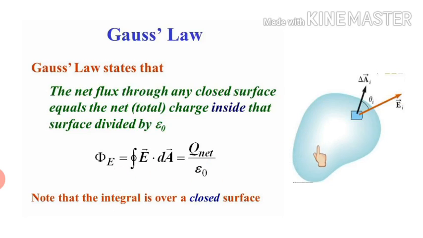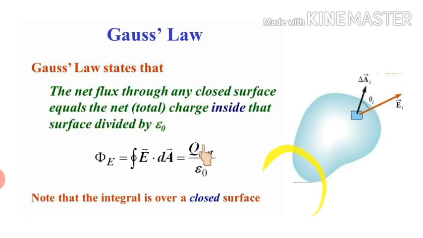And here you can clearly see that the charge is enclosed by this closed surface. So we have taken a very small area element. This is the area vector for this area element, and this is the electric field on this area element, and theta is the angle between them. So we start with a small part, and then through integration we can cover the complete surface. The integral is over a closed surface because we want to calculate the net flux through this closed surface. So that's why we need to integrate it.